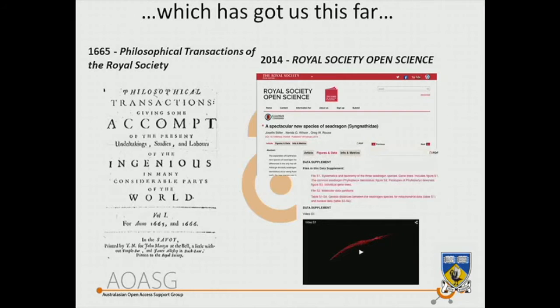So, for example, this one, I'm not going to play it, but if you have a chance, do look at it. This is a beautiful example of where the primary information within the paper is a lovely video of this beautiful thing, which is Ruby the Red Sea Dragon, which was discovered in the Western Australian Museum and was reclassified earlier this year as a new species of sea dragon. And so the whole point of this is that the paper itself, to some extent, is ancillary to what the primary data is, which is the physical description of the new animal.